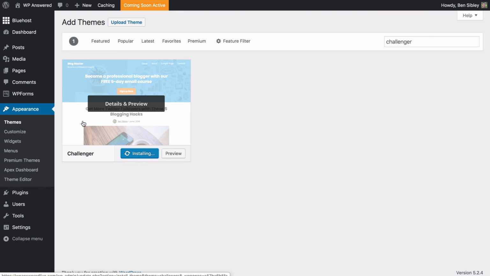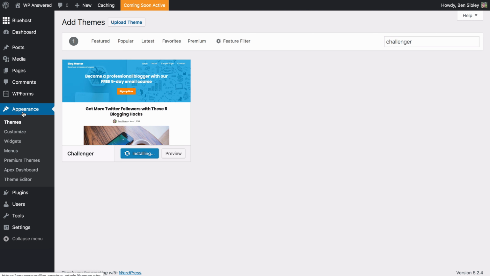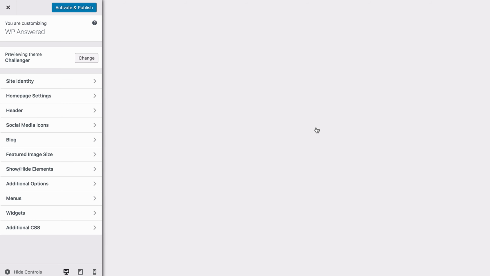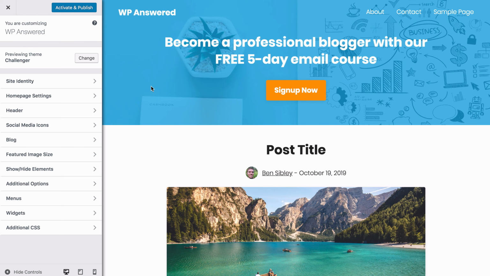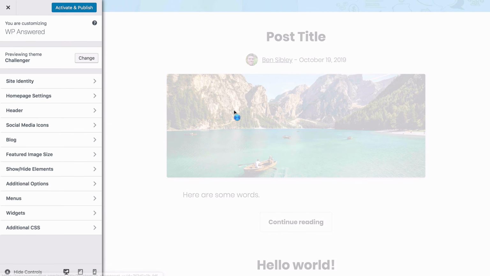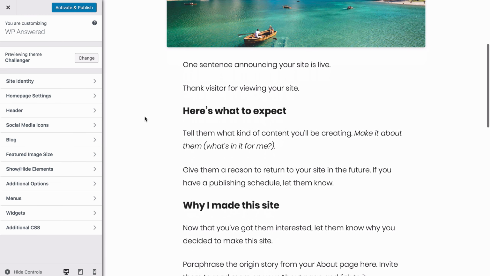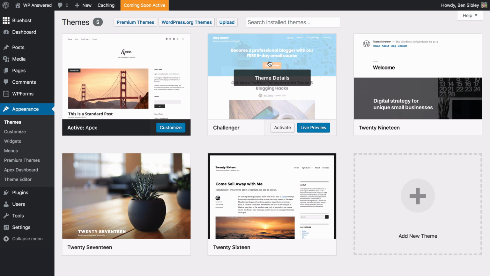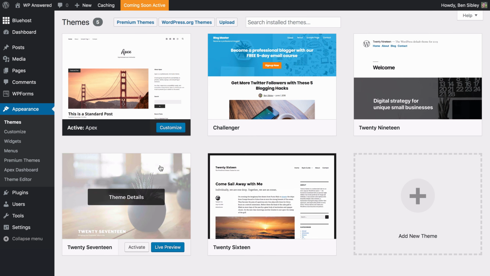This means that if you visit the Appearance menu again, you'll be able to find it listed here, but it isn't activated just yet. Also, after clicking the Install button, the Preview button has changed to Live Preview, and if you click this button, you can get a preview using your own site's content. This is a much more practical look at how the theme will look on your website. And just so you know, you can close this preview and return to the Appearance menu, and you'll see that you can live preview any of your installed themes whenever you want.